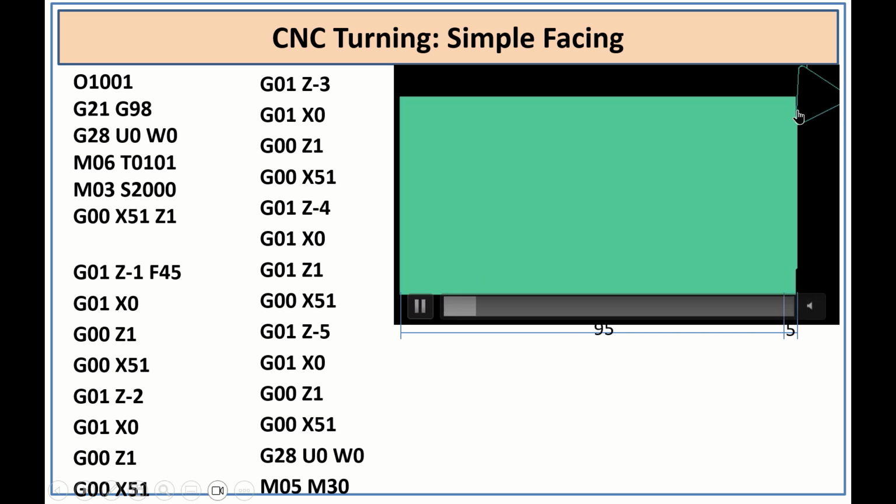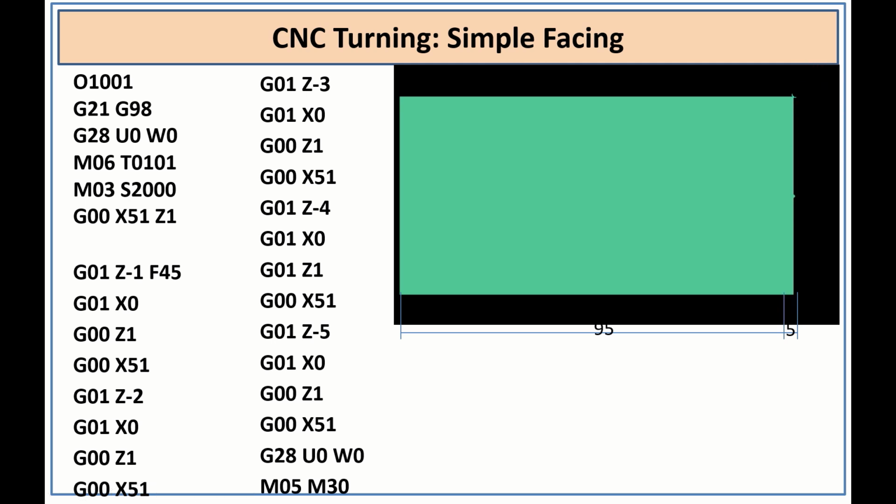Now the tool is coming here and giving the depth of cut, and again it is going back, and again it is coming to the initial position, and again giving some more depth and going to x equal to 0. Like that it is repeating 5 times, such that it can do the facing operation for 5 cycles and perform 5 mm thickness of